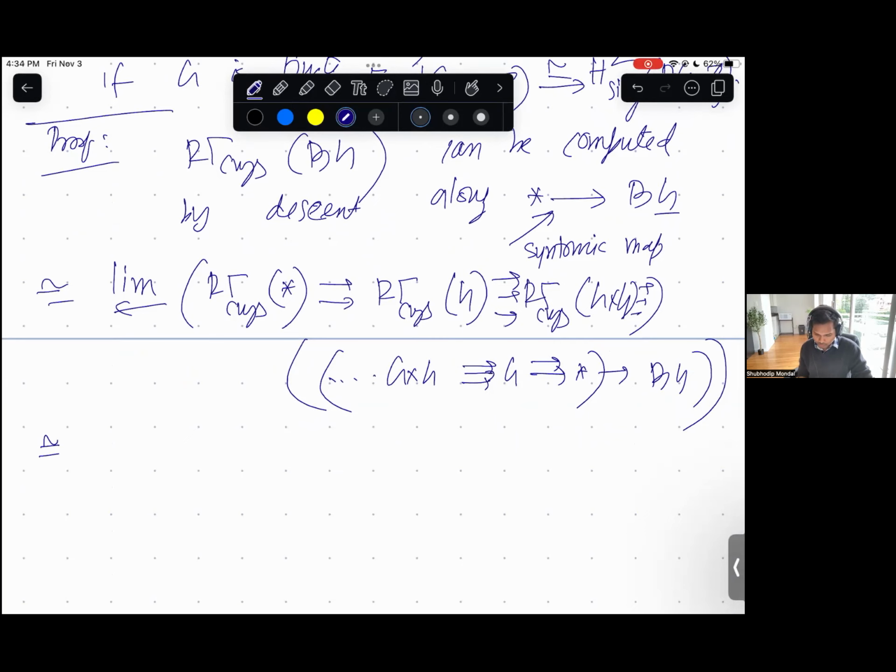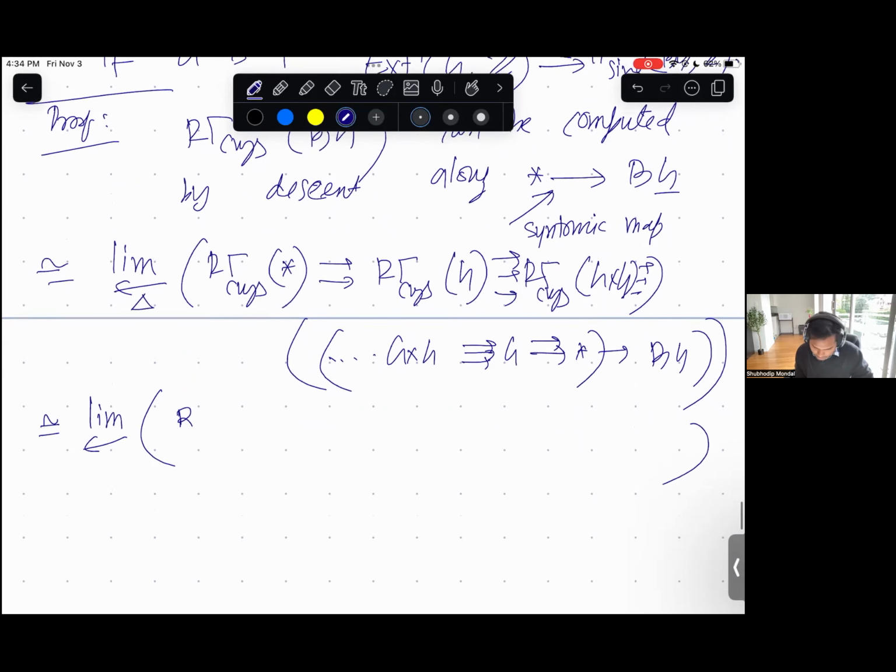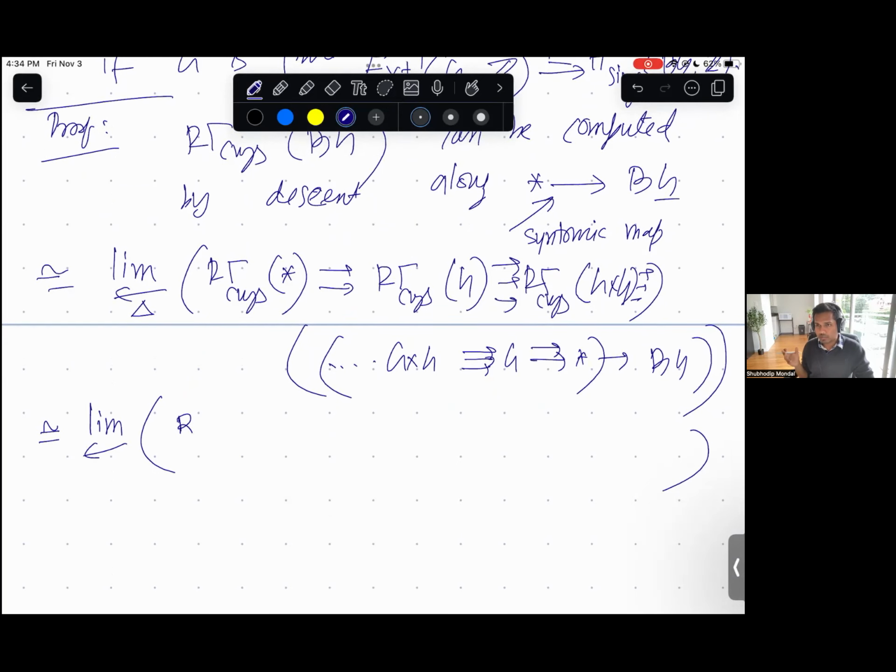So far we haven't really been using the crystalline site, but we will do that in the next step. So all of these groups here can... Sorry, what is meant by the limit? So this is some diagram indexed by this simplex category, and so I think we are taking the limit